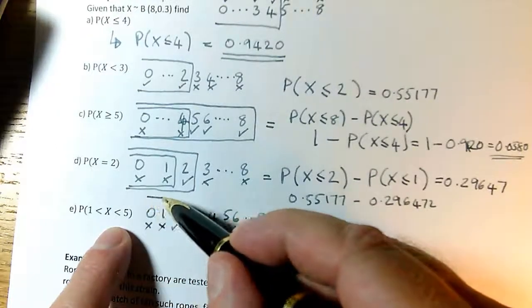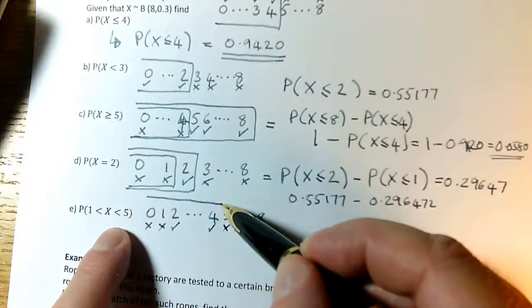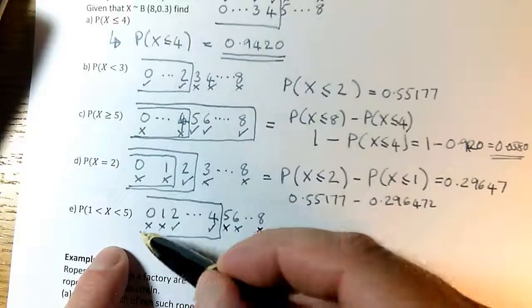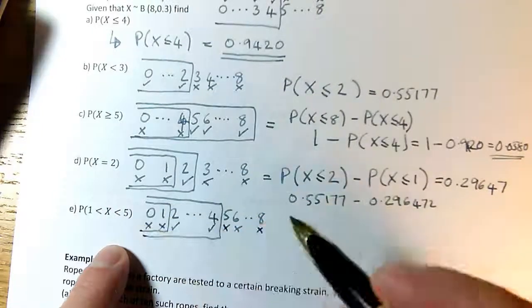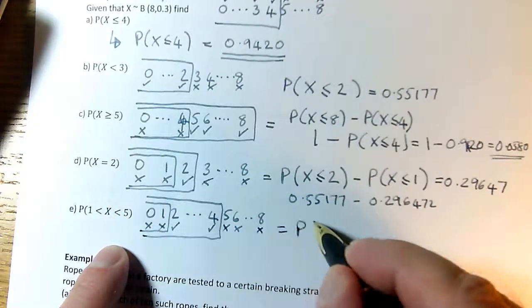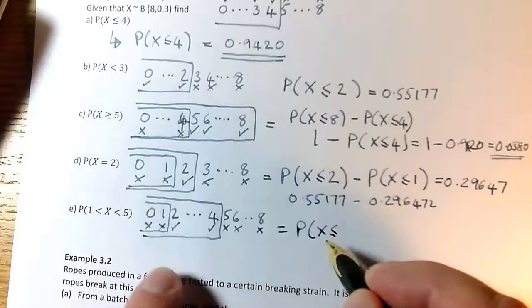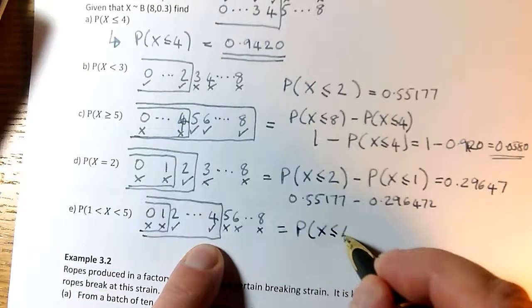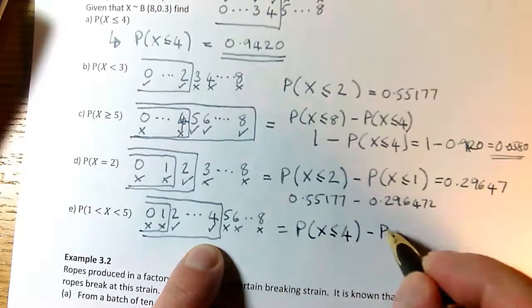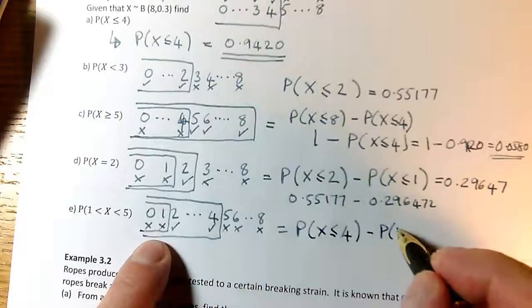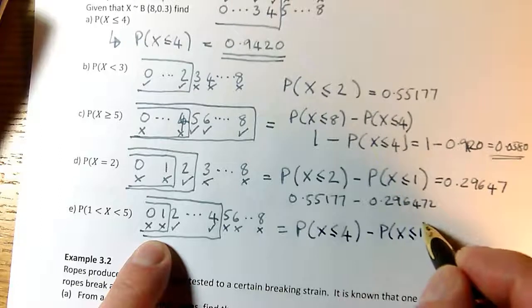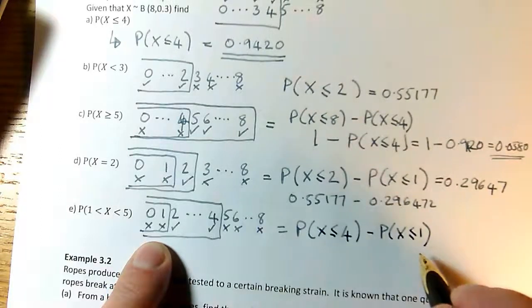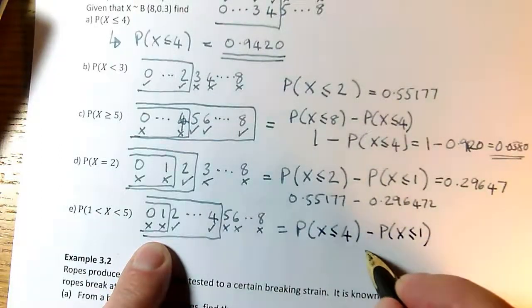My inclusion box comes as far as the last tick, so it includes the 4. And my exclusion box has got to remove all the crosses, so it comes that way. So I need to do the probability of x being less than or equal to, last number in my inclusion box is 4, take away the probability in my exclusion box. That's the probability of x being less than or equal to 1. So these are the probabilities that I need to subtract. This is going to be my minus